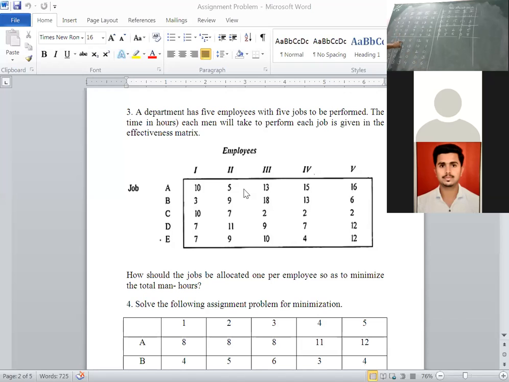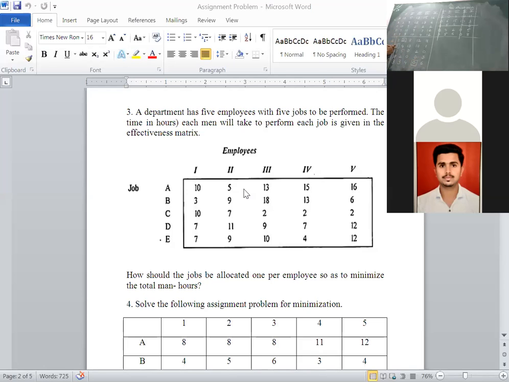First row, you are having a single 0, then you have to mark it with a square. Similarly, with pencil, you have to do in the final examination. Don't do it with pen. Second row, you are having a single 0. Mark it with a square. Third row, you are having 2 zeros. Fourth row, you are having 3 zeros. Fifth row, you are having a single 0. Mark it with a square.